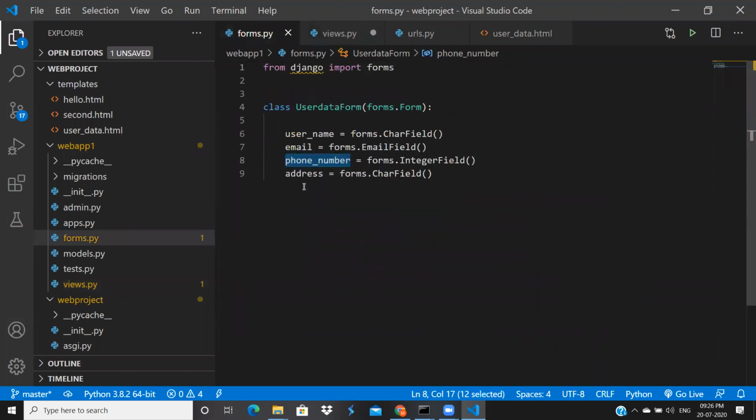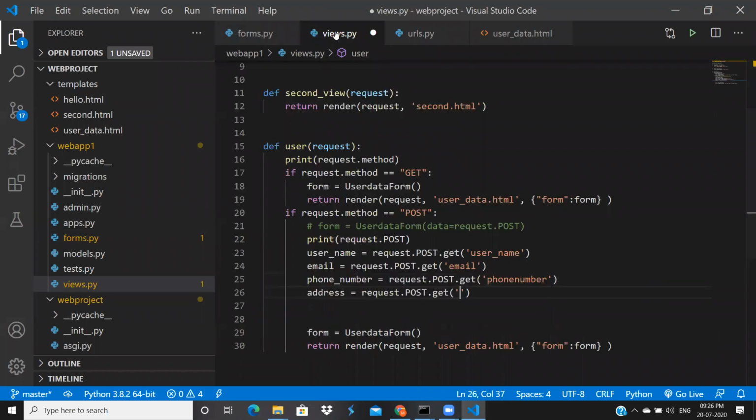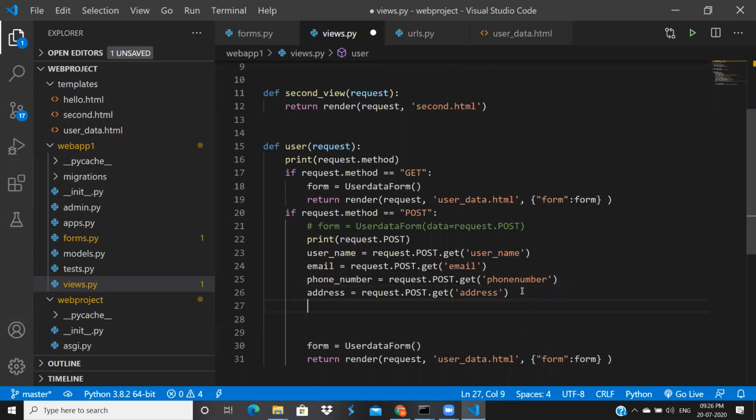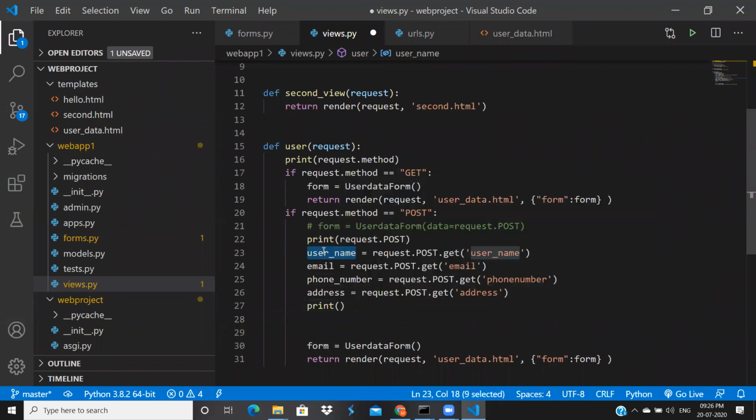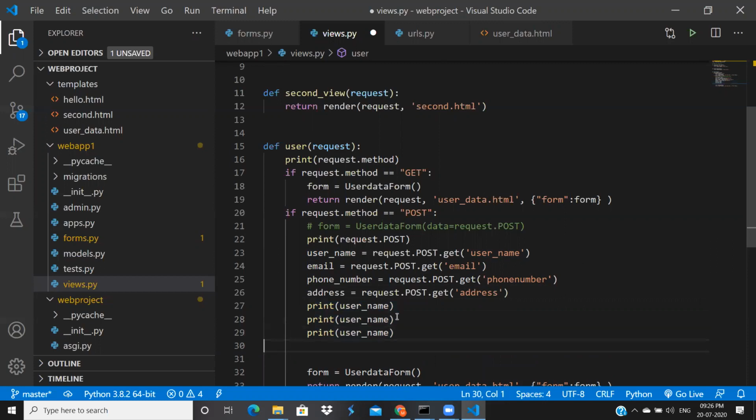For address, we mentioned the field name address only. Now I will print all this information separately: username, email, phone number.